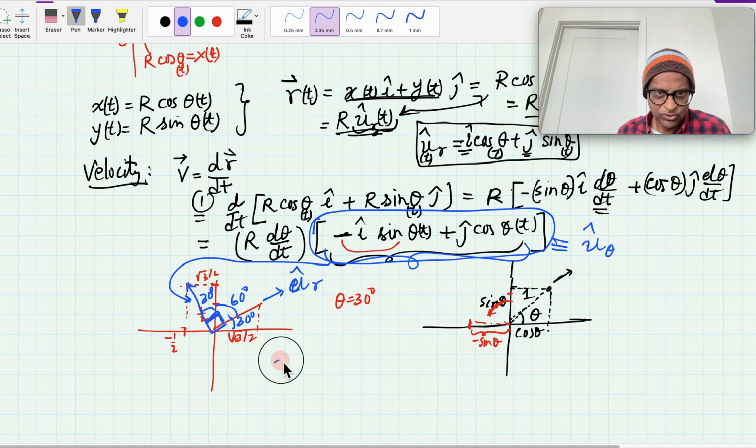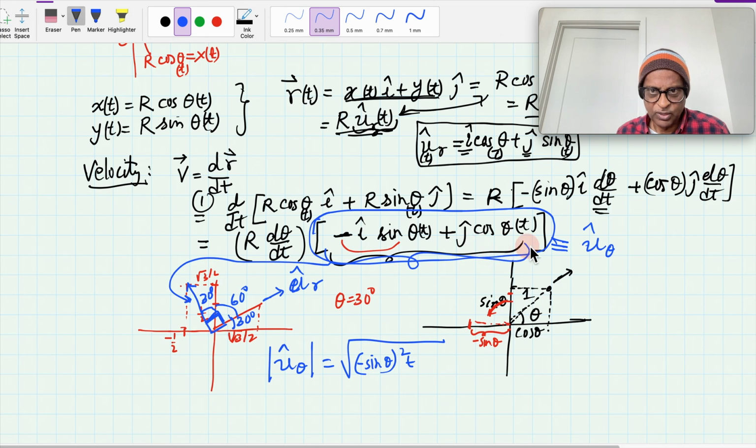Okay, so u hat theta, if you look at the magnitude, it's going to be the square root of the x part, which is minus sine theta squared, plus the y part, cosine squared theta, and this is just 1. So this is a unit vector,